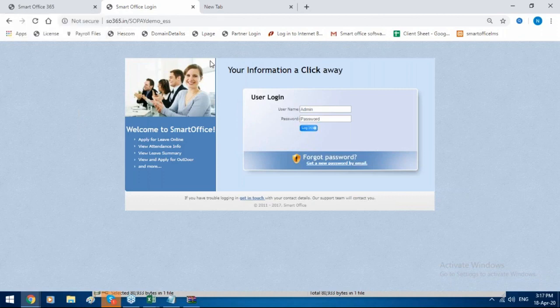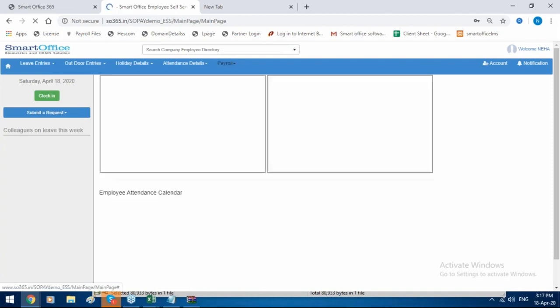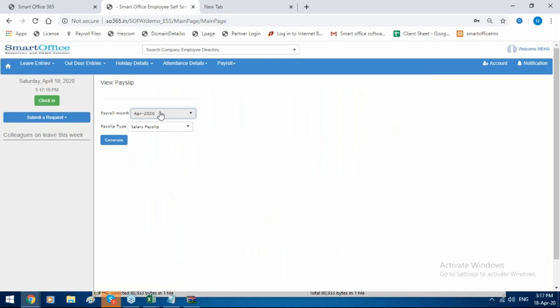This is the ESS portal, called employee self-service login. Almost all the features you will get in the mobile application. For every employee, you will get a separate ESS portal. Apart from the attendance options, they will get payroll also, like they can download their salary slip from the mobile application.